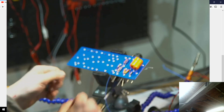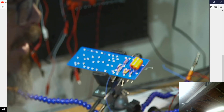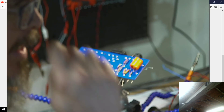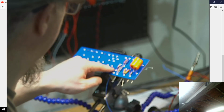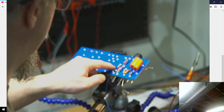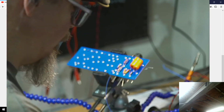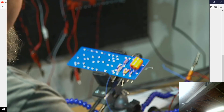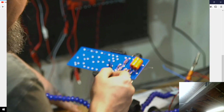Alright. That means that I now technically have everything I need for this guy. Oh no, I need another jumper that will go from this point as well. Did I do the jumper right on that one? Hold on, I might have done the jumper wrong. I did. This jumper needs to come back up. This jumper doesn't go to that one. It comes all the way over to this